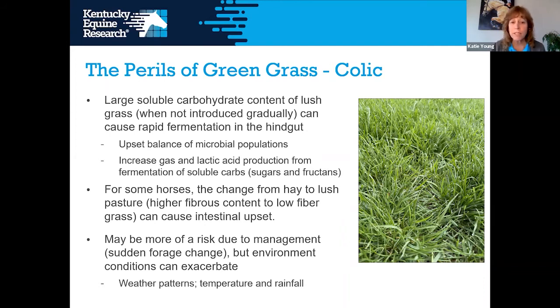It may be more of a risk due to management with a sudden forage change, but environmental conditions can exacerbate the situation with weather patterns, temperature, and rainfall. And you think about it, and you're looking at your pasture, and it's gradually starting to green up. But if it's been really dry, that change is really slow. And then you suddenly get an onslaught of nice temperatures and a lot of rain. And it seems like your pasture goes from an inch of grass to 4 inches of grass, and it looks